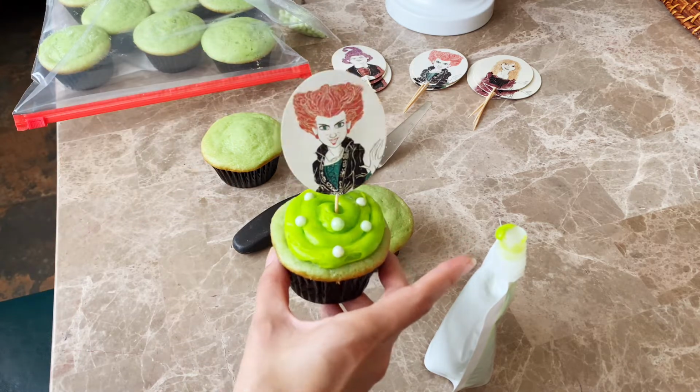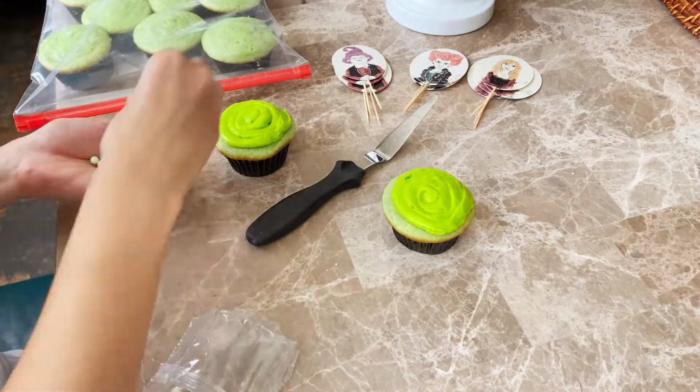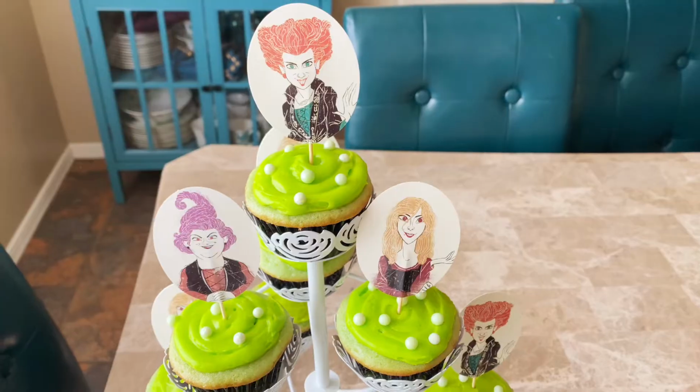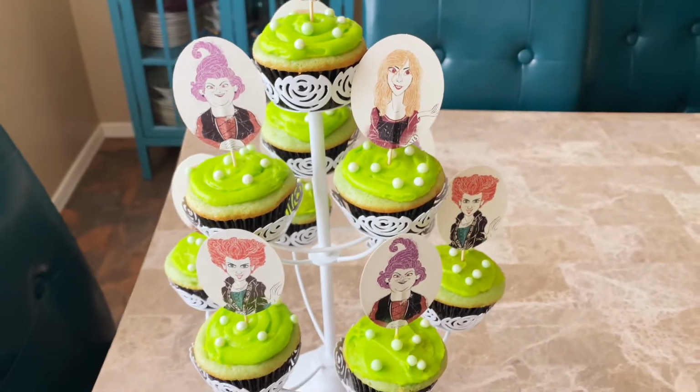Just a quick tip for you guys, if you do end up buying this kit or finding it, go light on the icing, because a little goes a long way, and you want to make sure that you have enough for all of your cupcakes. I had enough, except two got left out, but in the end they turned out super cute